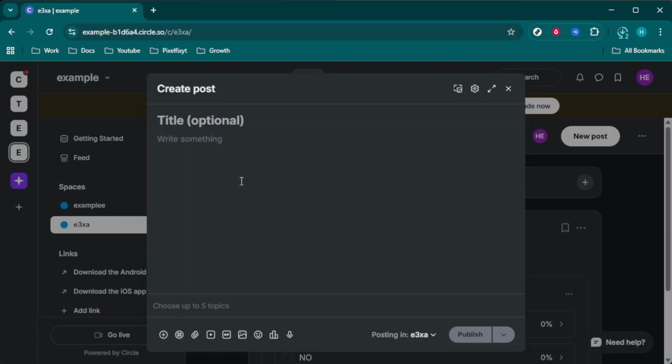Once you're in the Custom Code section, you'll need to scroll down until you find the area designated for the header code. This is where you'll paste the head snippet from Google Tag Manager. It's essential to place this code in the header section as it ensures proper loading and functionality across your Circle.so